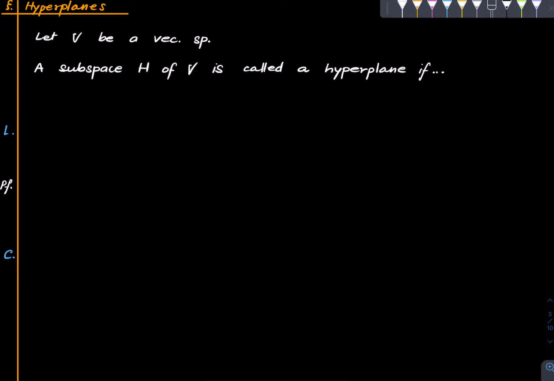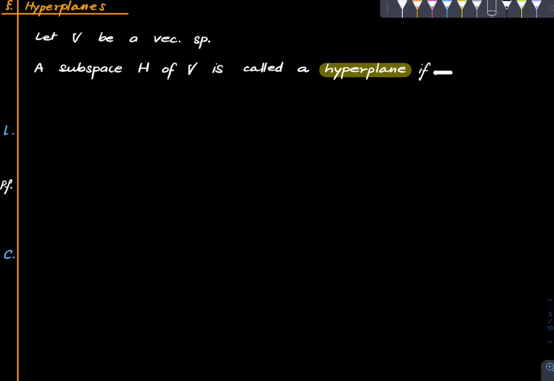So before we continue, we need a notion that is applicable to general vector spaces. We could have covered this at any time, and I have a feeling that I might have given this as an exercise at some point, but maybe not. So let V be a vector space over any field, not necessarily real or complex. Then a subspace H of V is called a hyperplane